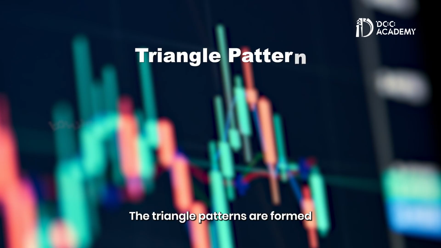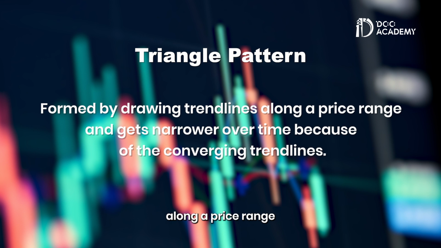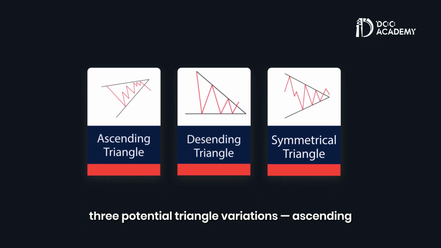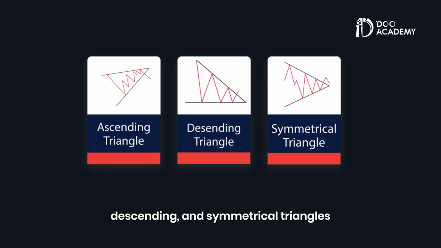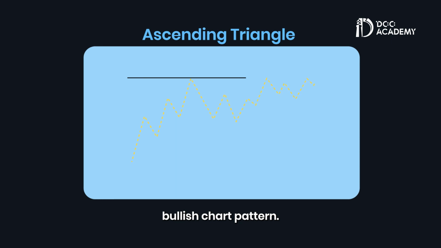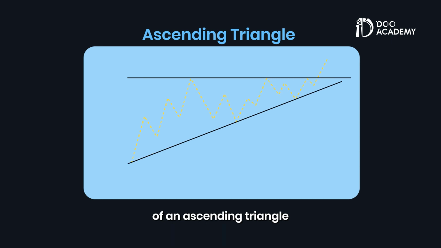The triangle patterns are formed by drawing trend lines along a price range, which becomes narrower over time due to converging trend lines. These patterns can be either bullish or bearish, with three potential triangle variations: ascending, descending, and symmetrical triangles. An ascending triangle is a bullish chart pattern. The upper trend line of an ascending triangle must be horizontal, indicating that the price is struggling to break above its current level. The lower trend line then rises diagonally, indicating that the market is gradually becoming more aggressive to